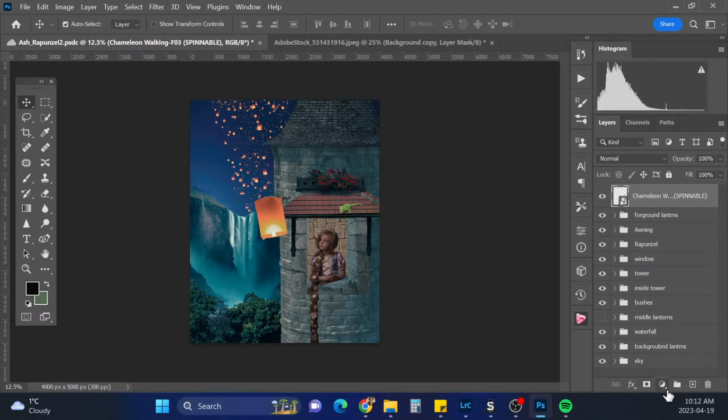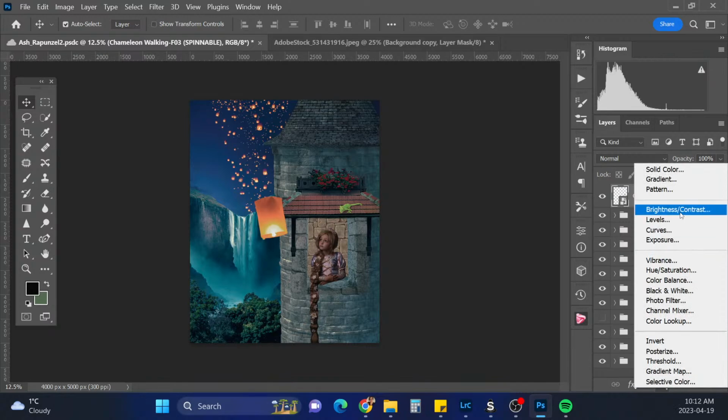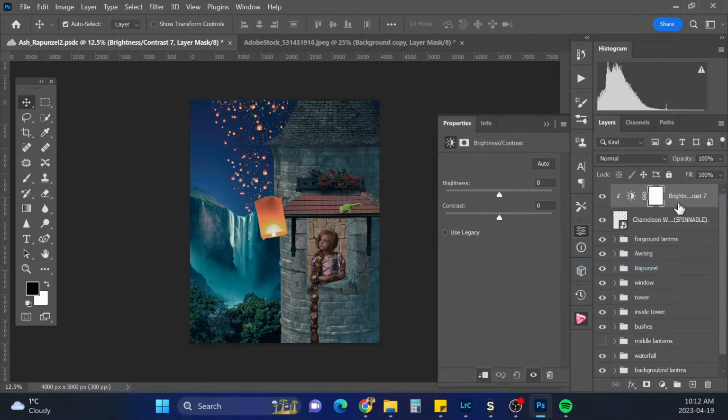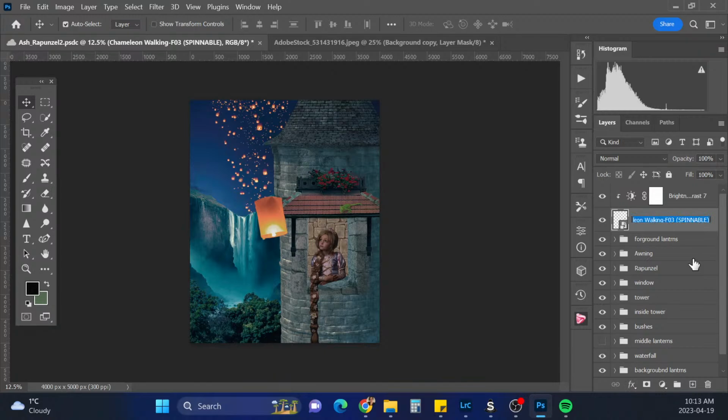All right, we need to put the brightness on him down. So we're gonna create another clipping mask on this brightness and contrast layer and bring his brightness down. His name was Pascal, right?